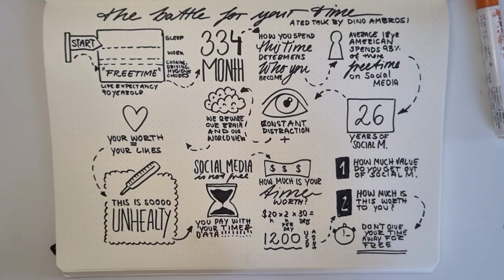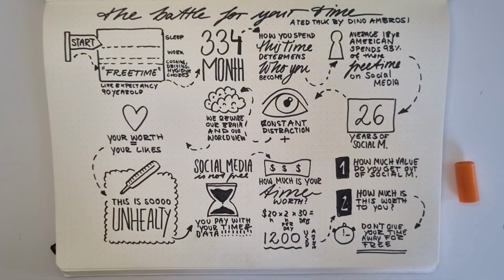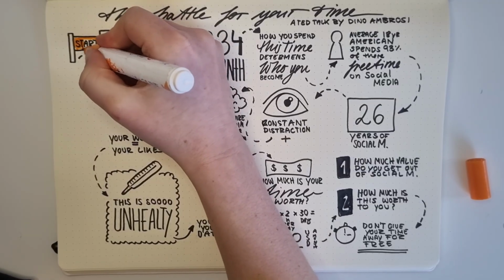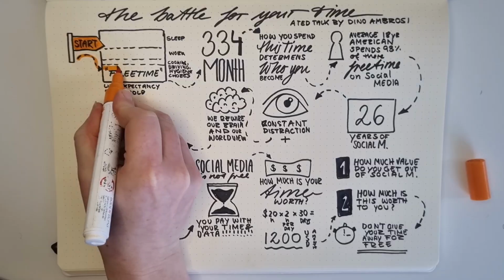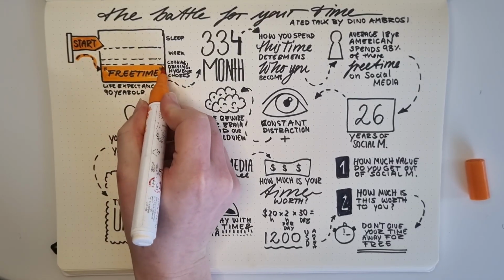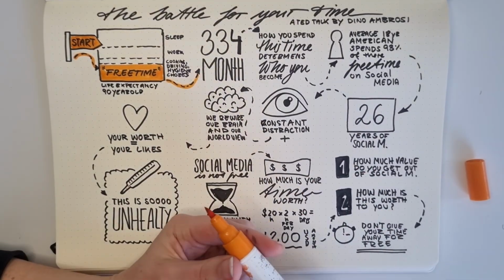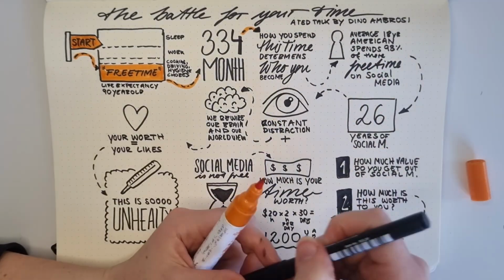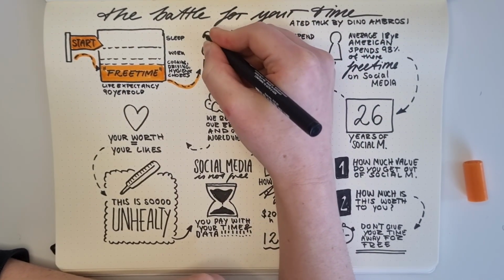Last but not least, it's time to finally add some color. That is actually quite straightforward. You just want to add color to whatever you want to highlight. It's a bit like what you would do when you read a textbook, and you just have to mark the important information, and the eye of the viewer will automatically be guided to what you highlighted. You can even create new shapes like beams that indicate light, or dotted lines or squares, or whatever you feel like fits best to your sketch note.